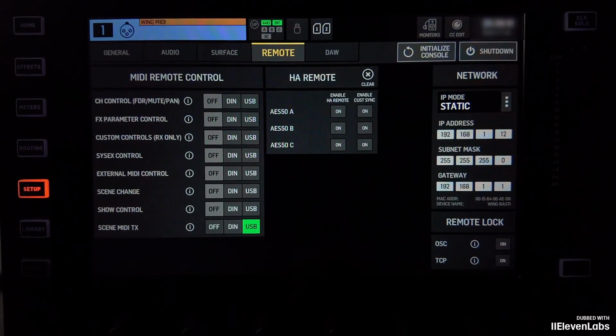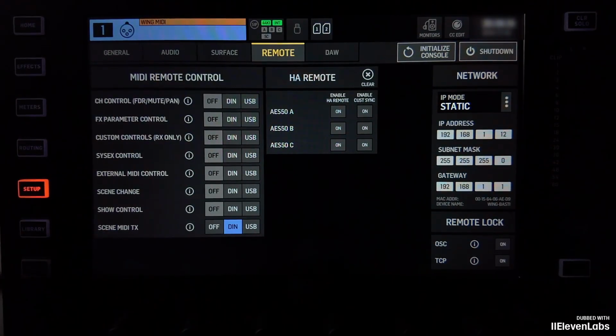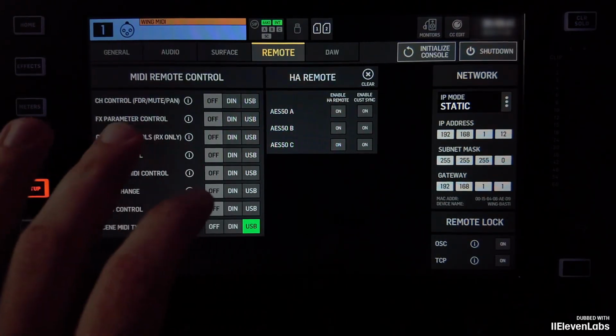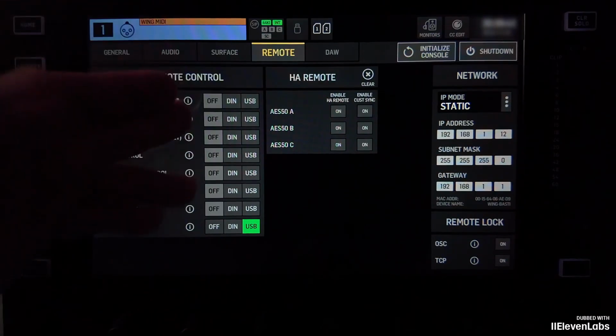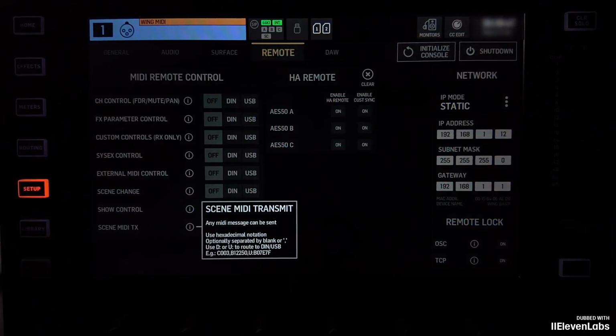And I set it to USB. USB because, as I mentioned earlier, I send my signals over USB to the computer, to the driver. If you want to work with the DIN sockets, you can select DIN here. I will show you later how you can do it so that it does not matter which of the two you select. Also important are these small eye icons here, as you can click on them to get information about what each option in the menu does.